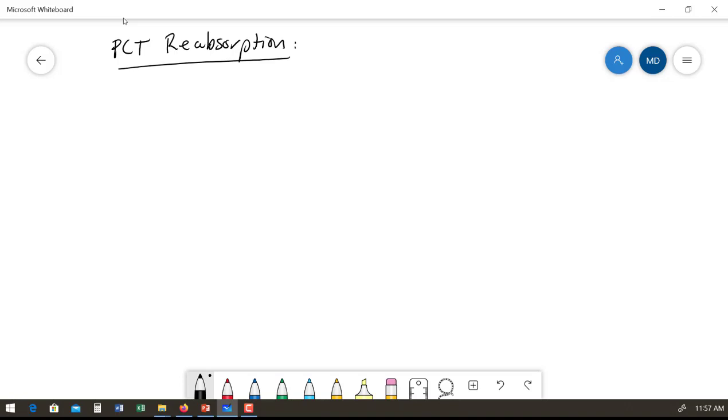So let's take a look at how proximal convoluted tubule reabsorption actually takes place. And to do this, I'm going to draw an illustration here. So imagine here I have a cell. I have a cell of the lining of the proximal convoluted tubule. Okay, so this is a PCT cell,